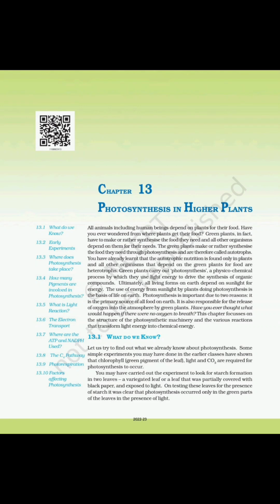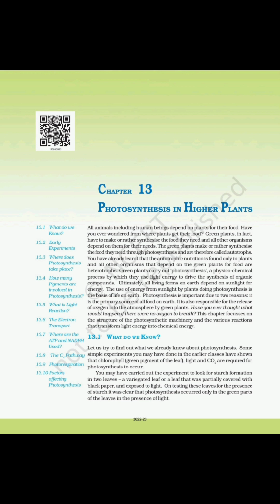Chapter 13. Photosynthesis in higher plants. All animals including human beings depend on plants for their food. Have you ever wondered from where plants get their food? Green plants, in fact, have to make or rather synthesize the food they need, and all other organisms depend on